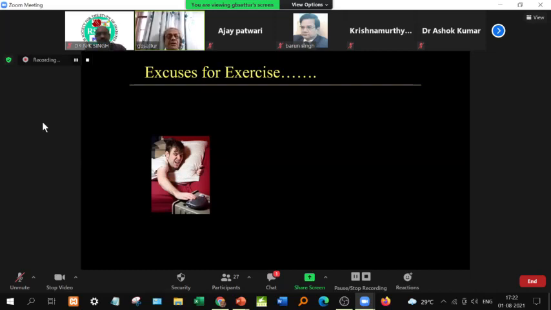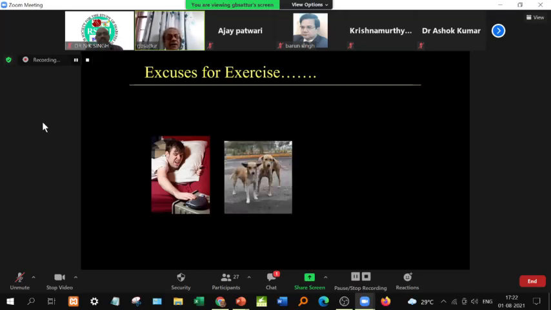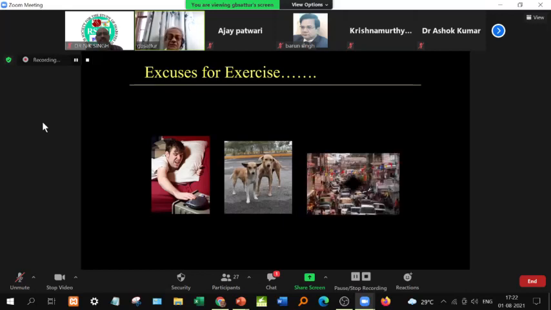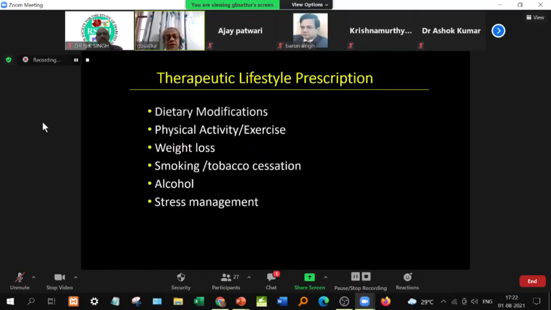If you don't exercise, consider it as therapeutic inertia. Indians have tremendous excuses. He keeps an alarm and puts it off. He says, I can't go, doctor, there are many dogs in our lane, so I can't go. Doctor, I live in a lane where I have no chance for walking. We are full of excuses in our country, and exercise is rarely done here.